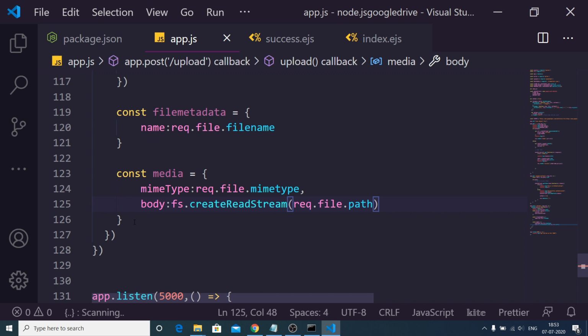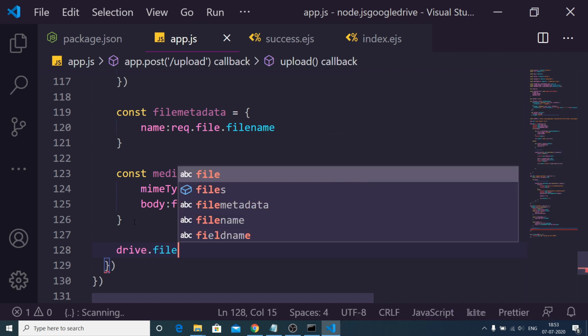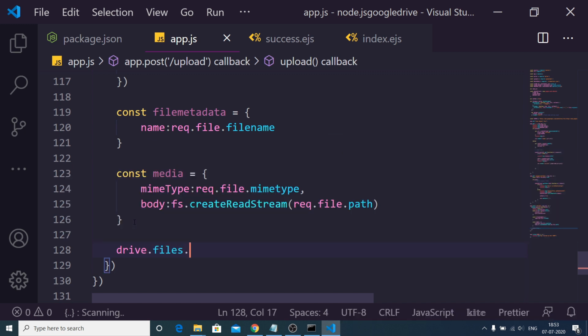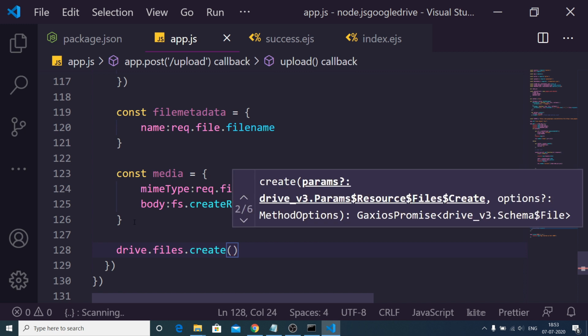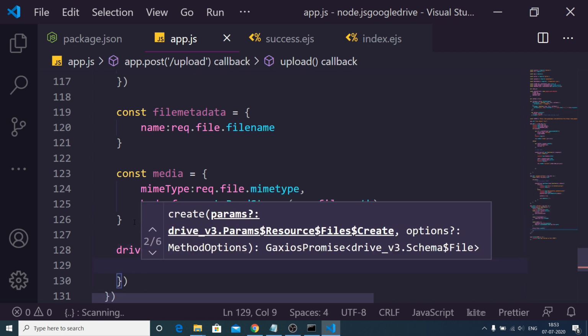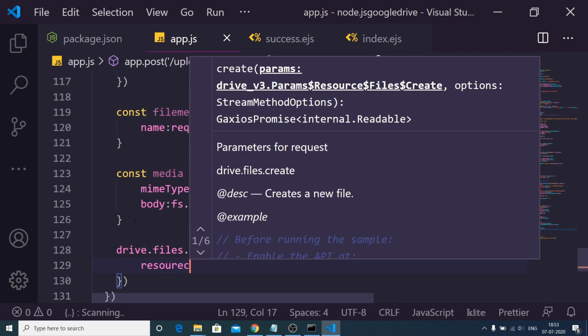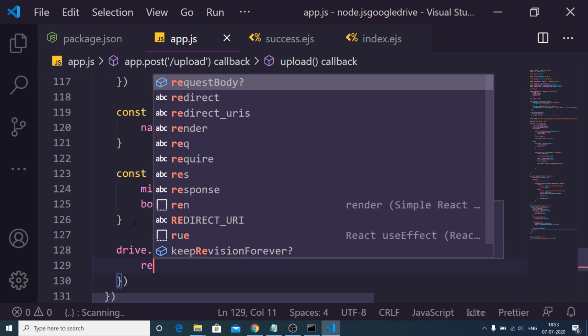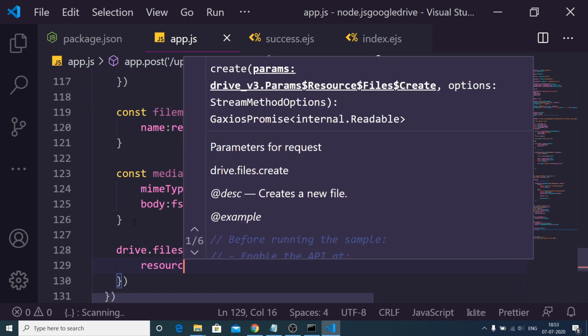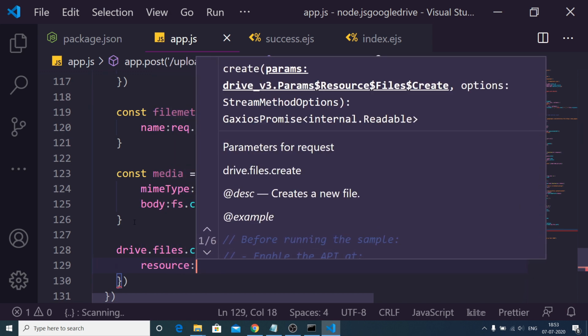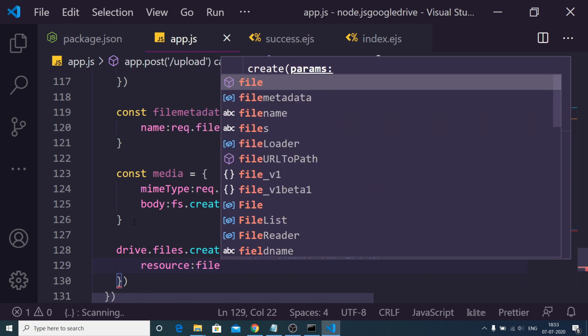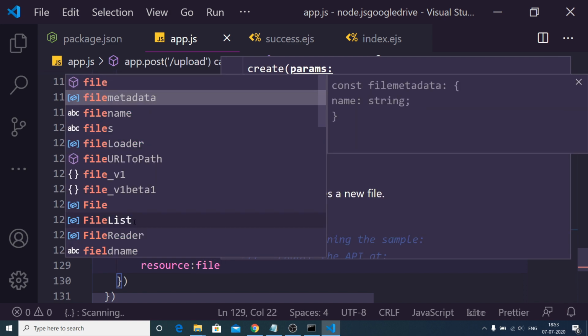So that's it. After configuring this, we just need to upload the file. For uploading it, there is a method, drive.files.create. Inside this, we just need to pass an object. First is the resource property, which will be equal to the fileMetadata that we have there.